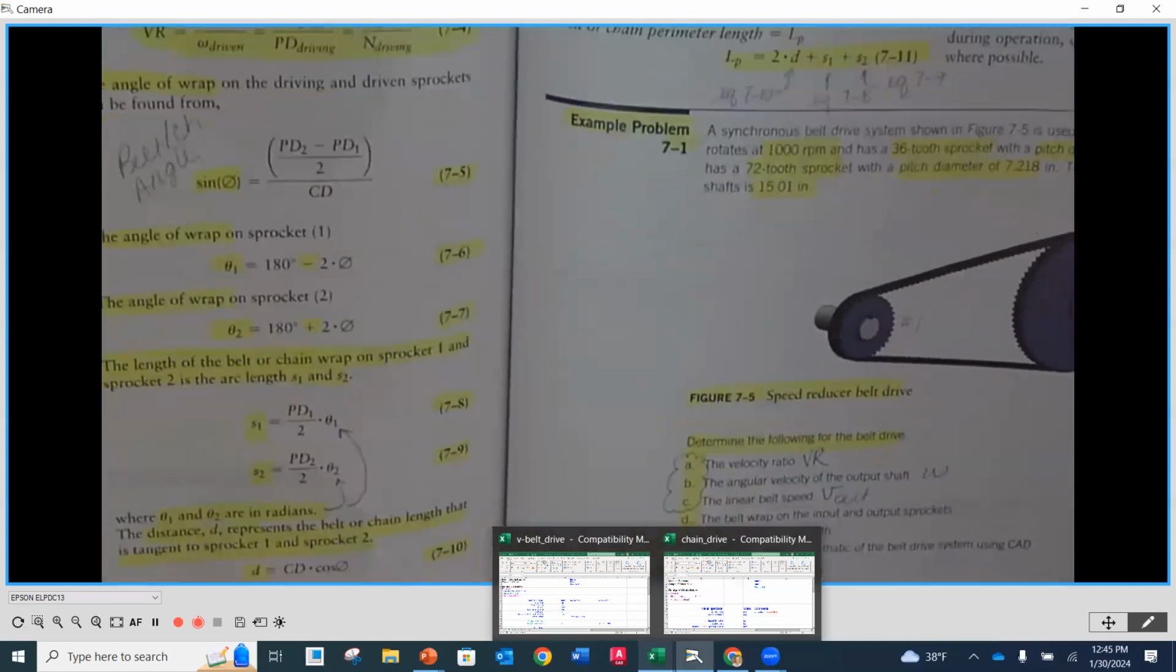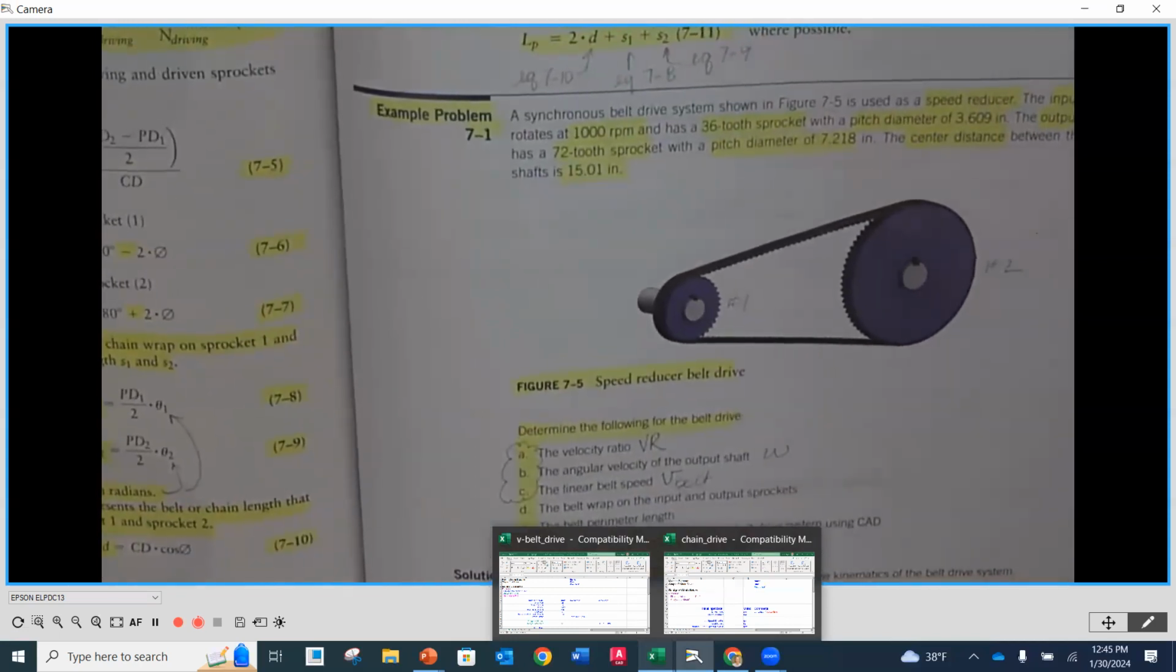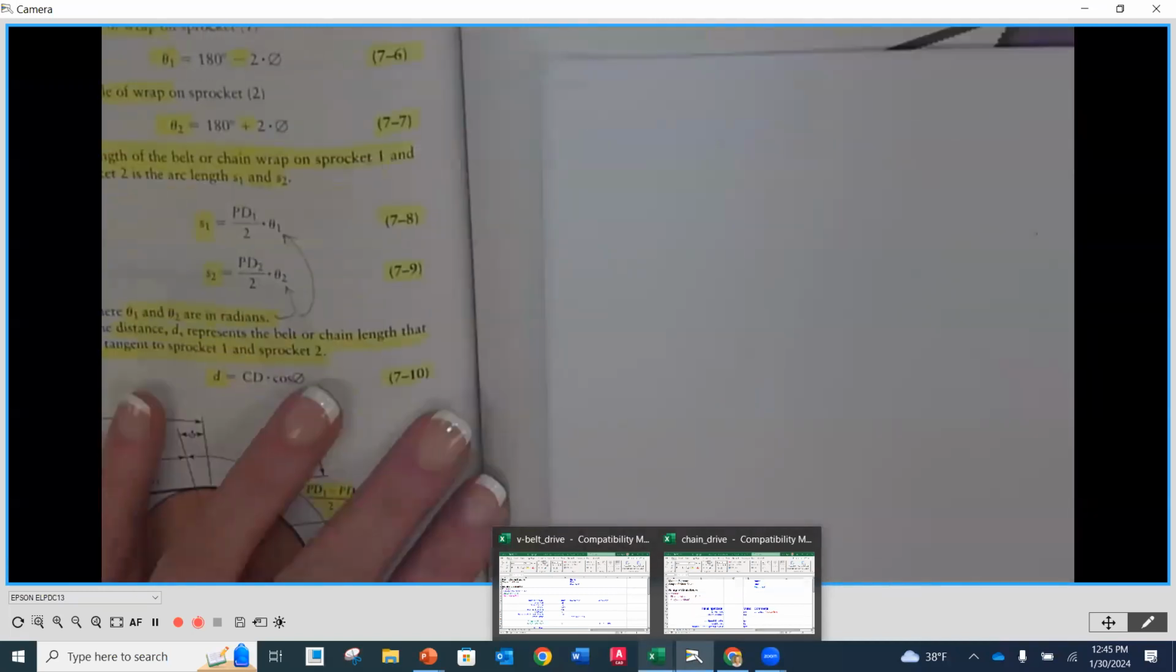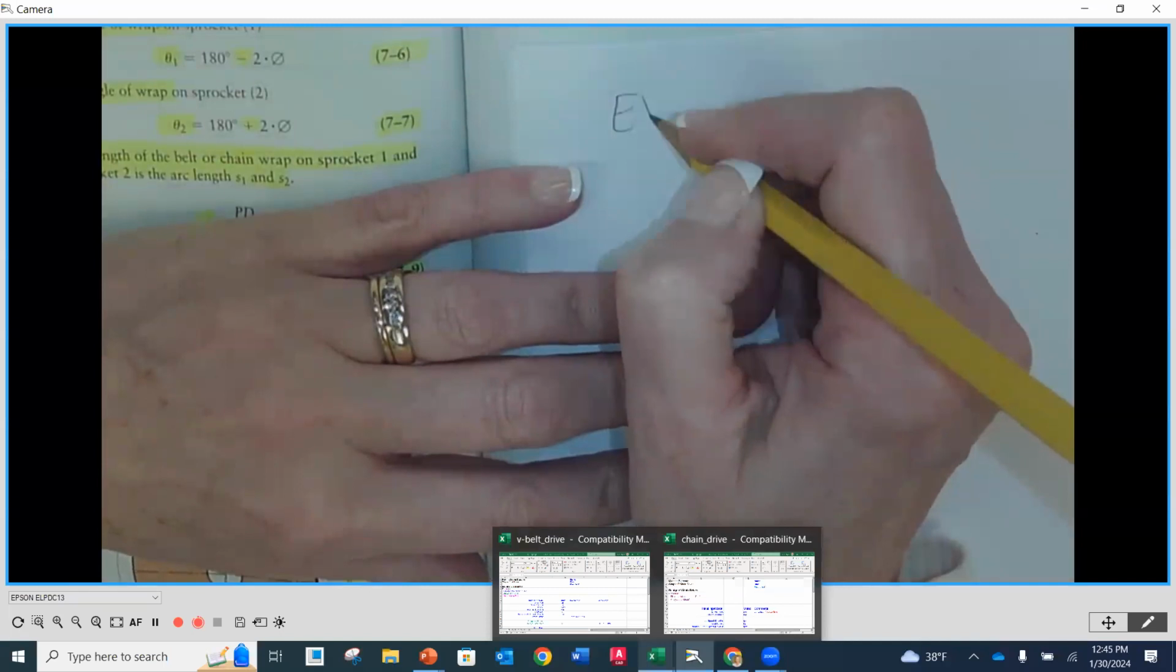So which one's going to give us the best answer? Probably the teeth, right? Because when we find that pitch diameter, it's to 3 decimal places. I think they gave it to us, and it's probably rounded, okay? It's probably going to give us a very close answer, but yeah, number of teeth, because that's an integer number, I would use that. So let's look here at, let's identify this as example